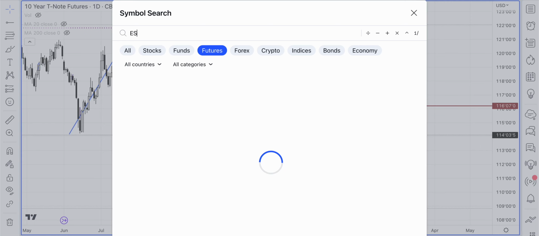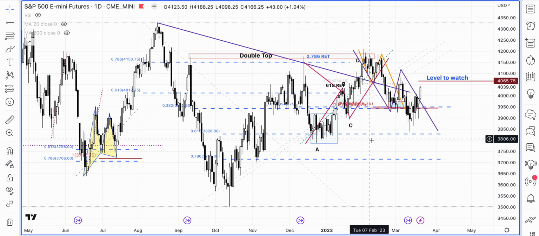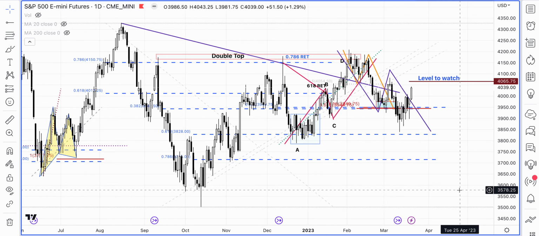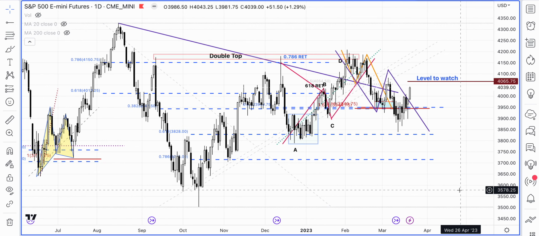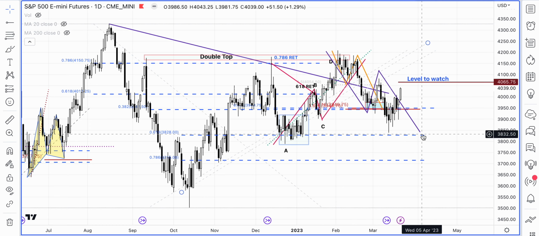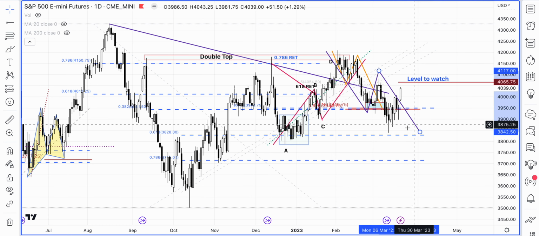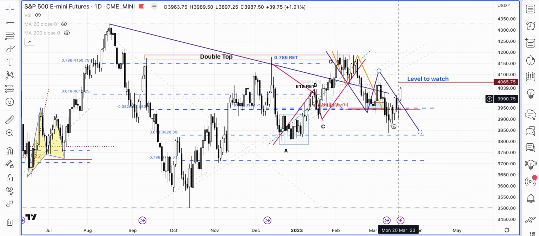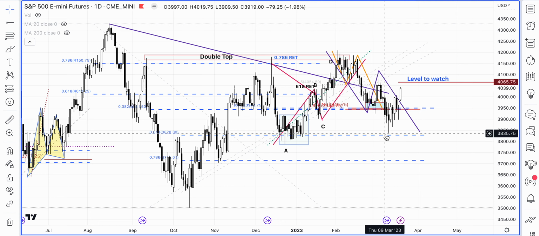Now let's get back to the patterns that we are watching in the major stock indices. So this is the daily chart of the S&P 500 E-mini future. Here, if you remember, we were watching this ABCD pattern highlighted in the purple line, and it was also right at the 61.8% Fibonacci retracement at 38.28. Price went down to 38.38, right at the ABCD level, and that has turned out to be a pretty good support level,